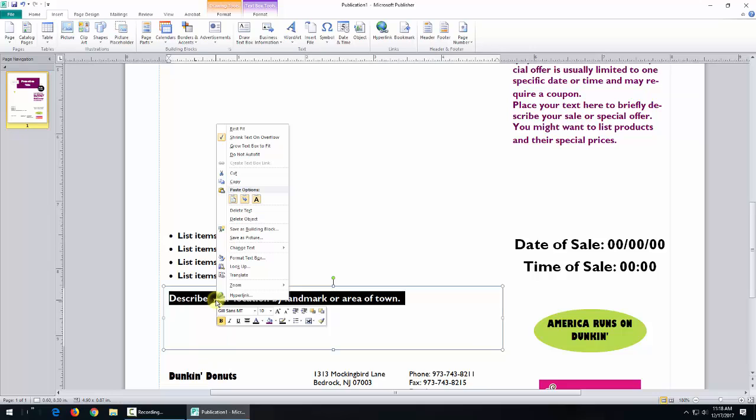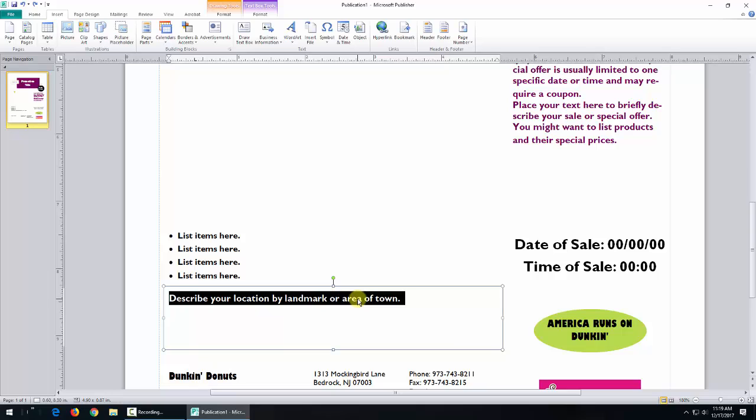Why can't I get in there? I'm trying to click, it won't go in, so I'm right clicking, change text. We don't want a text file. Okay, I guess it chooses the whole thing at once. So I'm just going to type, because I guess they figure you want to get rid of all of that. So we're going to put, locate it